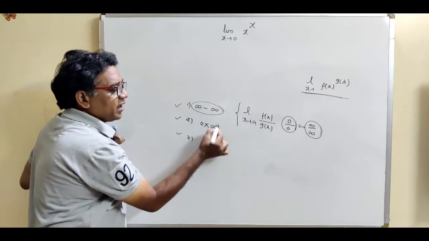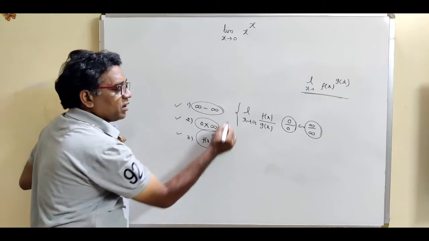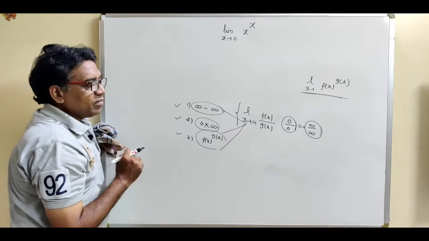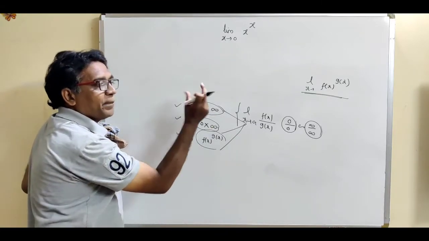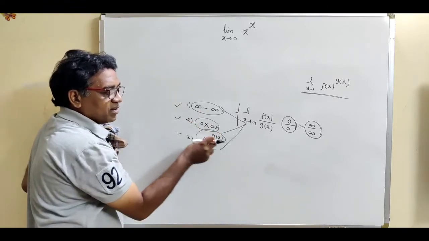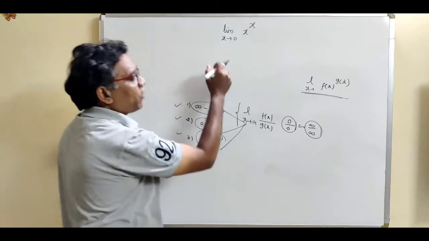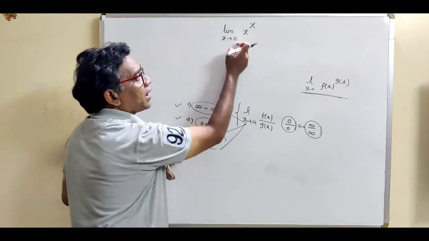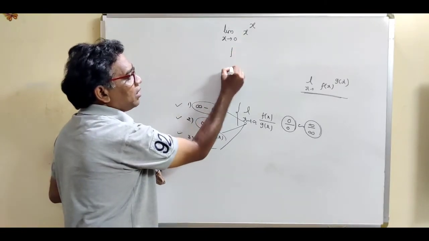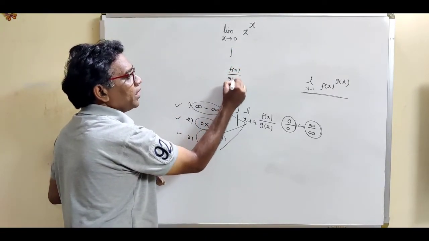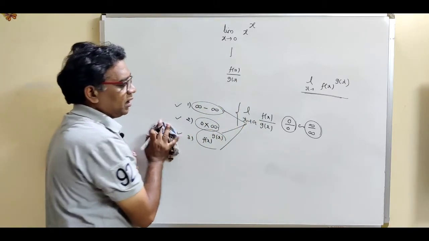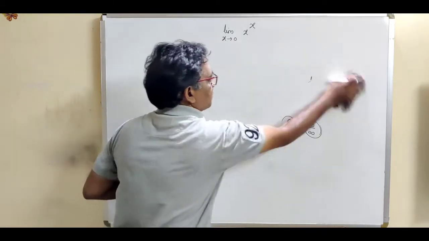For any other remaining cases, we have to convert this form directly into division form. So see what is the method. If the limit form contains subtraction, or if the limit form contains the product, or this is the next topic, if the limit form contains function raised to another function, then what is the method? Convert this form anyhow into division form. If the limit form contains the division form, then we can directly apply the L'Hopital rule. So see what is the method.